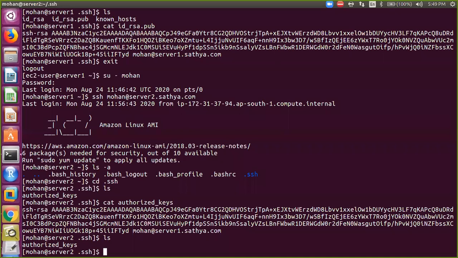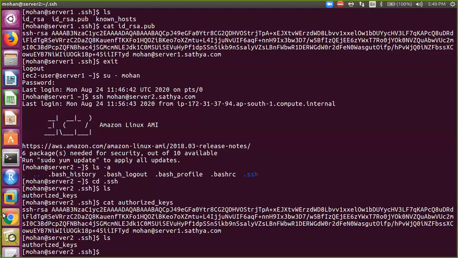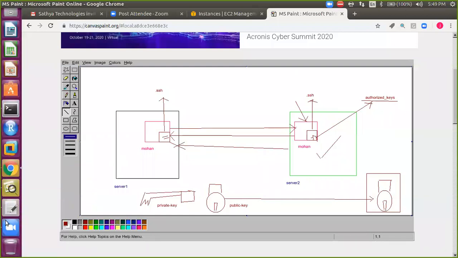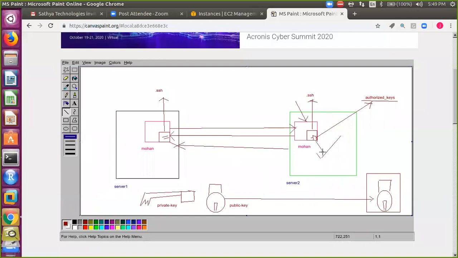So now if you want to set up a passwordless authentication from server 2 to server 1, again what you need to do on this server also, with the same user account, you need to enter the ssh-keygen command, so that it will go ahead and create a public key and a private key over here.